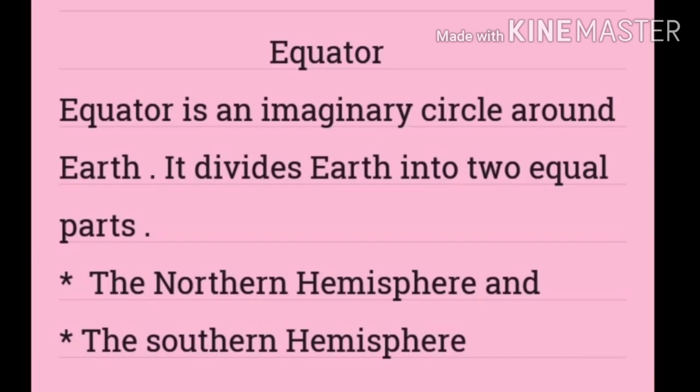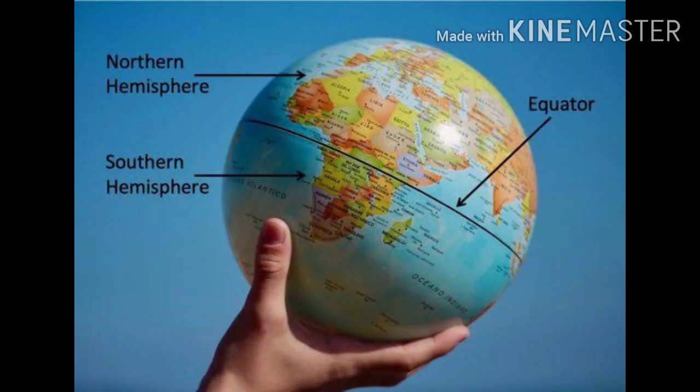To know the direction or the location, the northern half of the earth, northern half means from the North Pole to the equator. The area between the North Pole and the equator is called the northern hemisphere or northern half, and the area from the South Pole to the equator is the southern half, that is called the southern hemisphere. Now you can see the image of the northern hemisphere and southern hemisphere also.